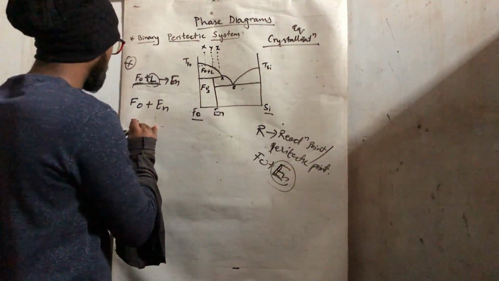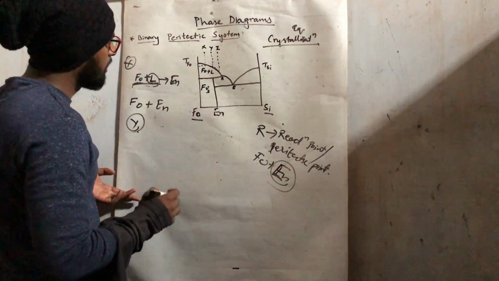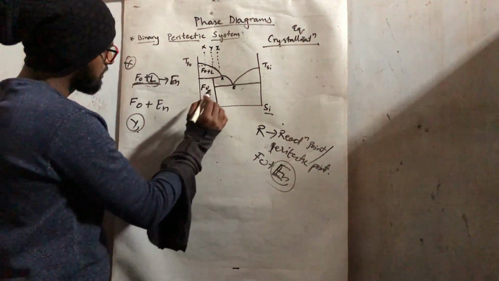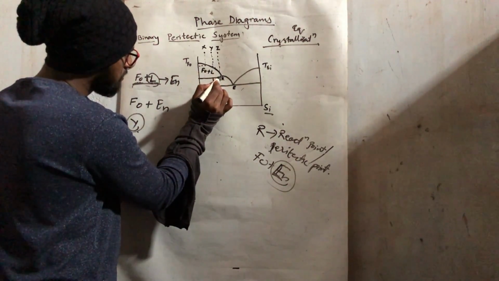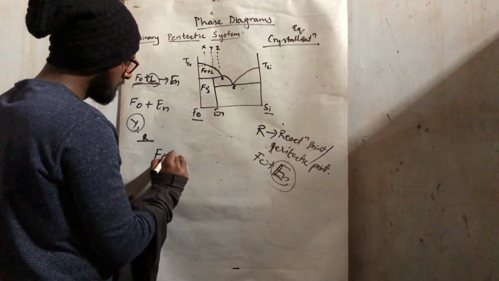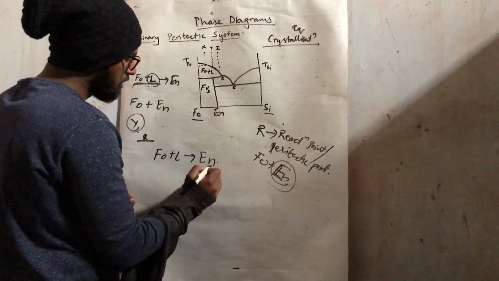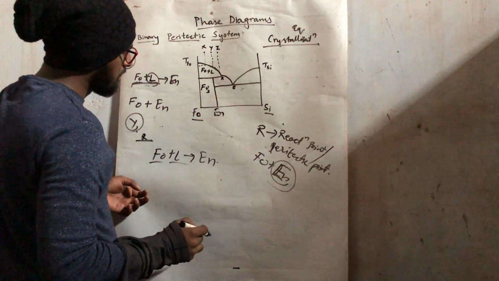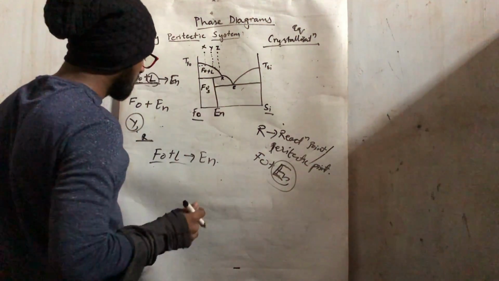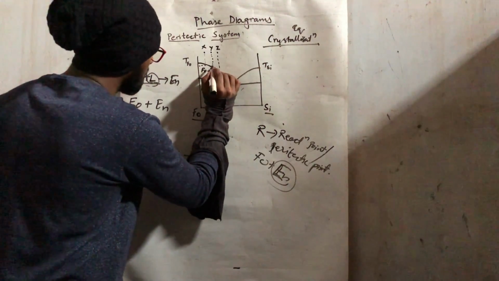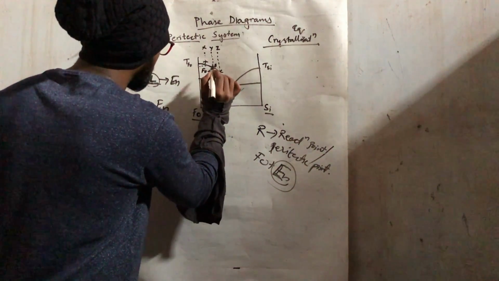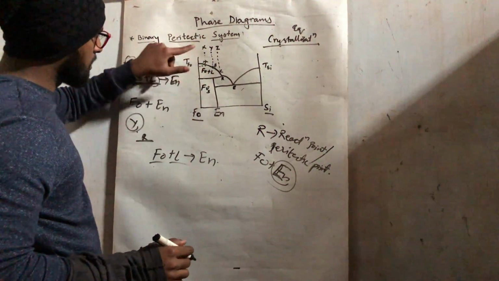Now we will see for Y. For Y, we will have first crystallizing of forsterite, and then when at R we will see what reaction happens. Same, forsterite plus liquid gives rise to enstatite, but what will be consumed first? At this point, suppose this is A, this is B, and this is C. This point B is directly above the enstatite line.